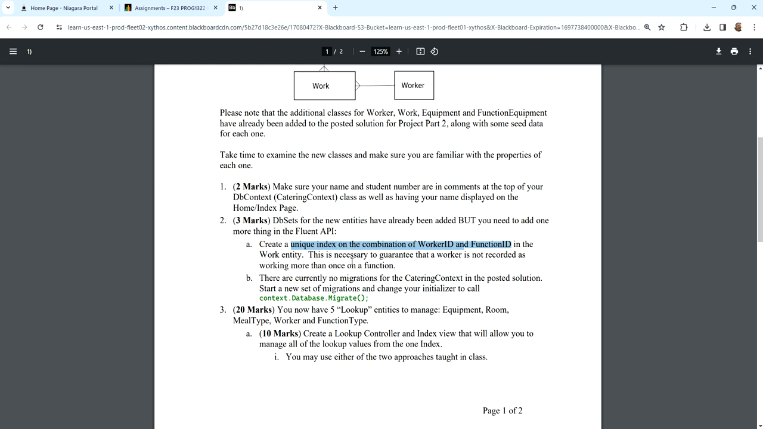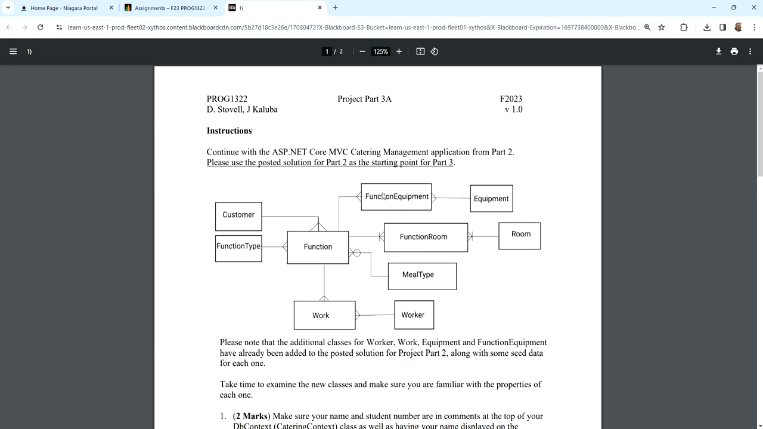So I'll give you a hint though. If you go into the posted solution, you'll see there already is code doing the same thing here for function equipment, right? So you can just look at how that was done there and do it again, but for these particular entities, right? And really, it's not that different because you have created a composite primary key before for function